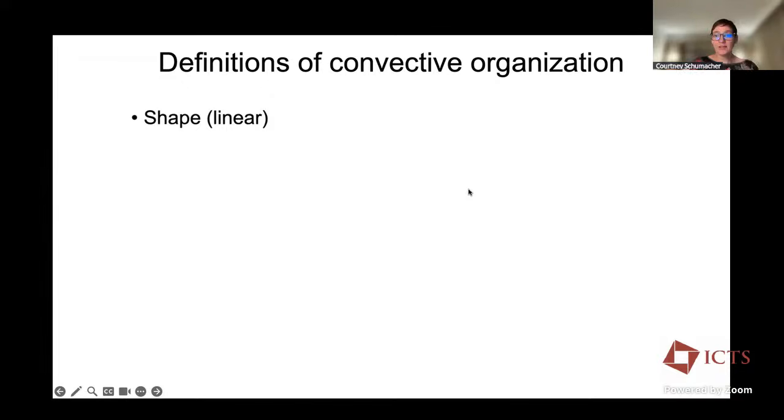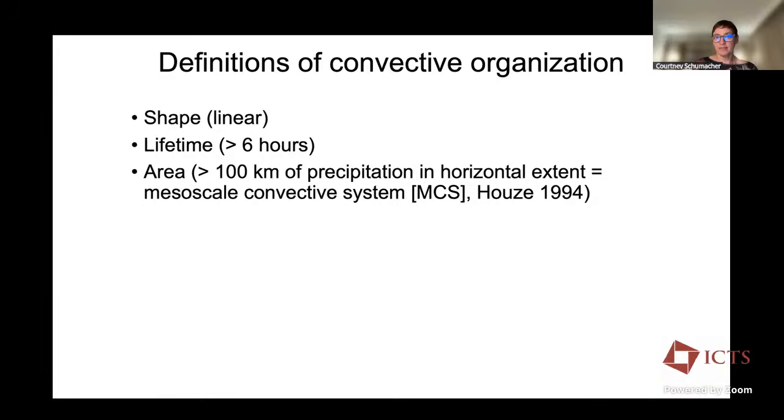It could be lifetime, something that lasts a long time, much longer than an individual cell. It could be the area of a system, something that's really big. So we saw instances of linear shapes. We saw things that were big. And here's where I'm going to first define an MCS, which is going to be something greater than 100 kilometers of precipitation in horizontal extent. This is from Bob Houze's definition, but it's something that I